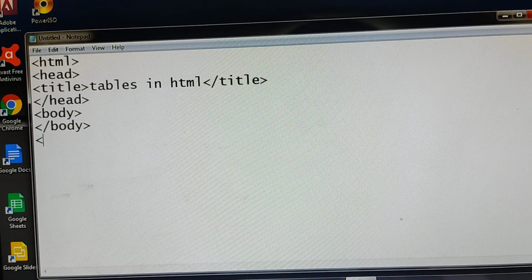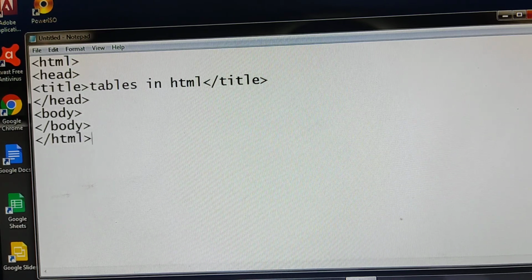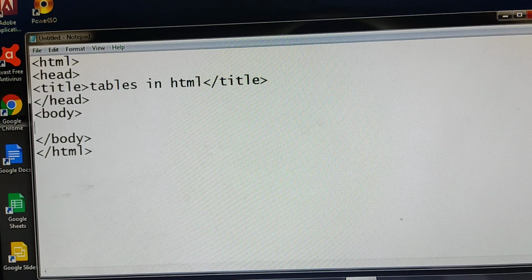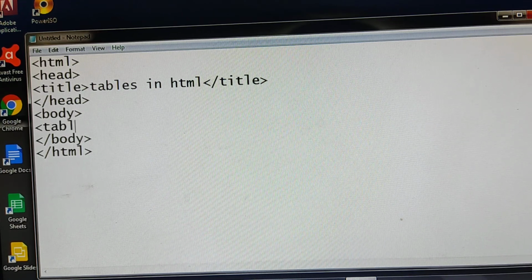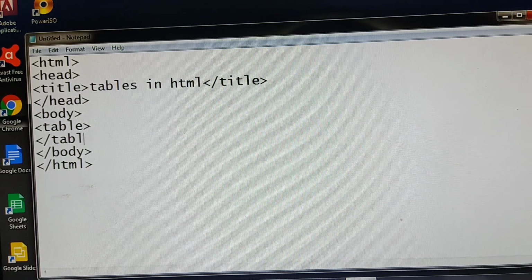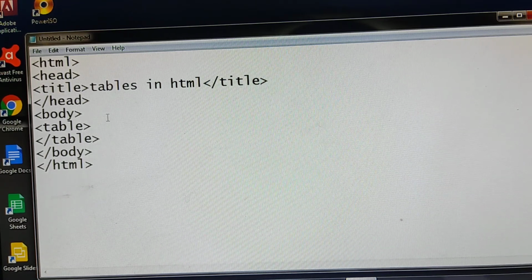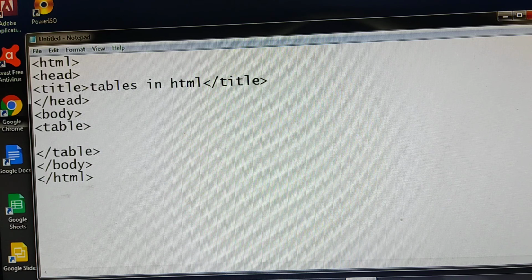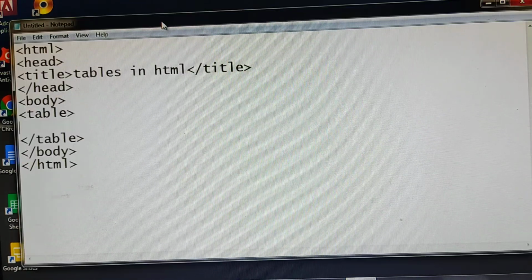After that, HTML. Right? So between a body opening and closing, here I am creating a table. So table is a root element. Immediately again I am closing it because it is a paired tag. Now between a table opening and closing,